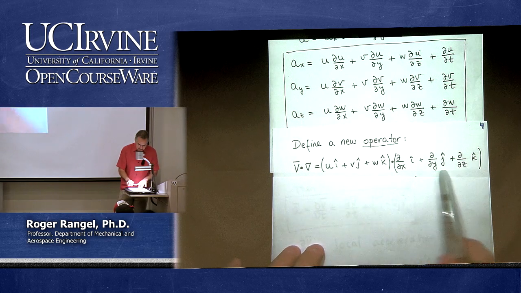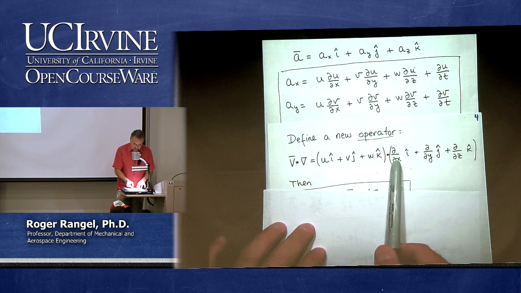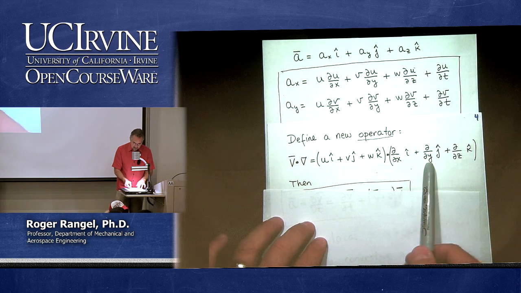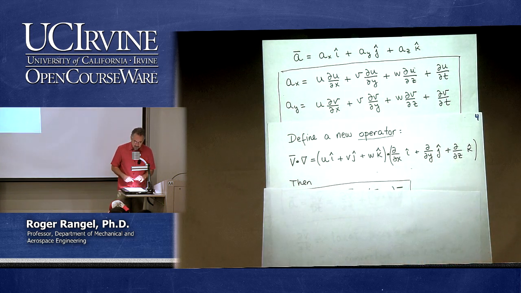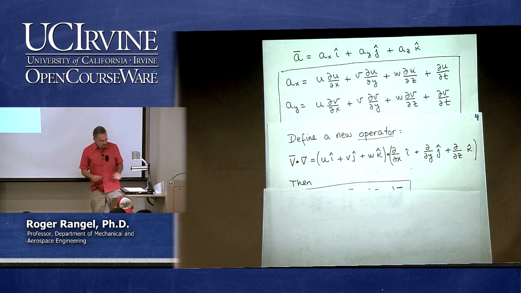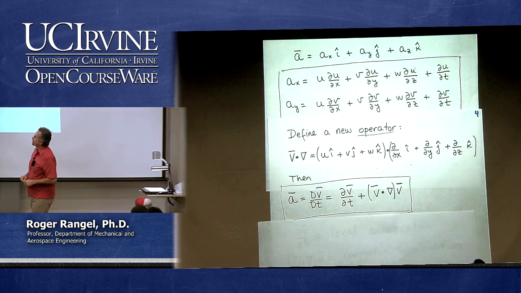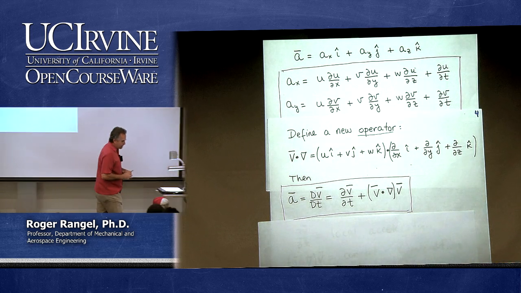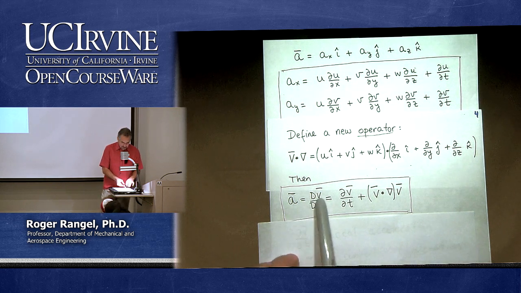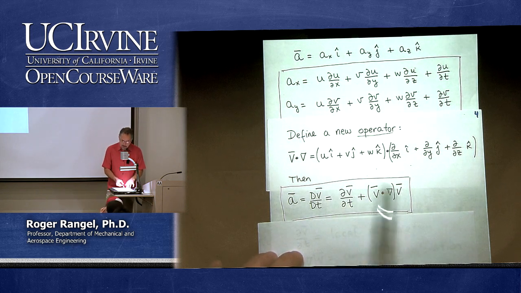So essentially what this gives me is u times d dx, plus v times d dy, plus w times d dz. So it gives me precisely the terms that I have in the acceleration. If I use that, I can write the acceleration in just one little form. Here I'm using the new notation: the acceleration is the substantial derivative of velocity, the substantial time derivative. And now it has two parts.